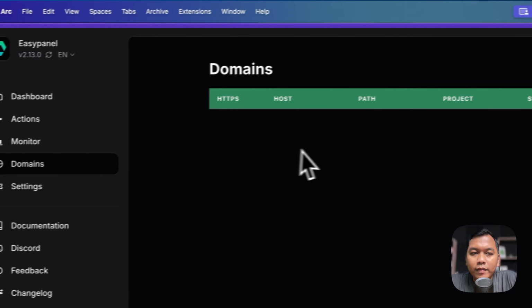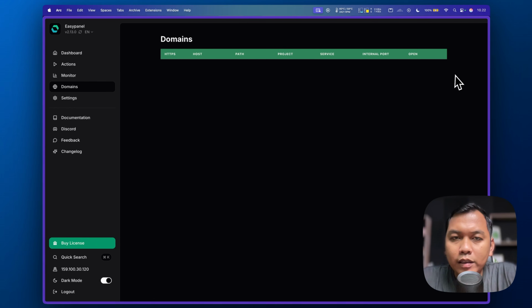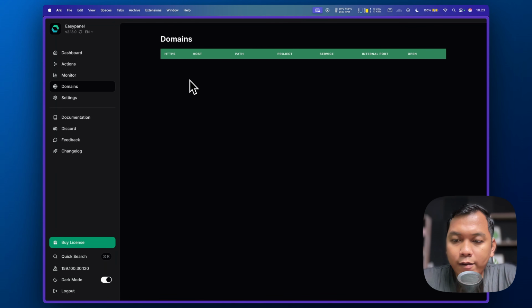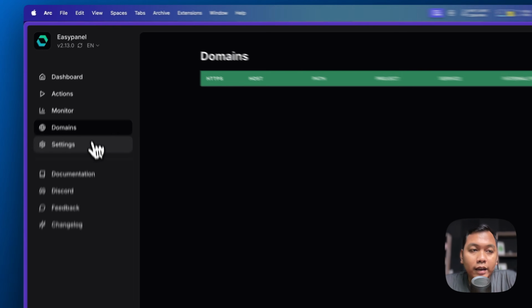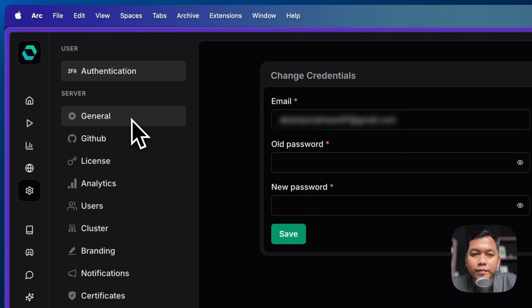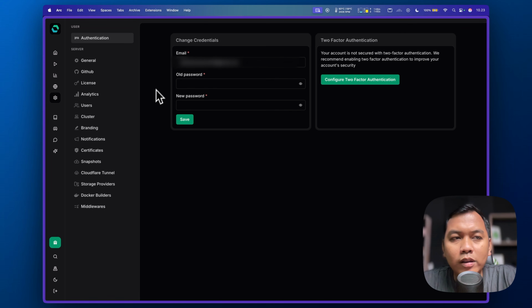And then Domains, it will be shown here if we have a project and the project has a domain. And here the Settings, it's regular settings such as authentication, old password, new password, and so on.